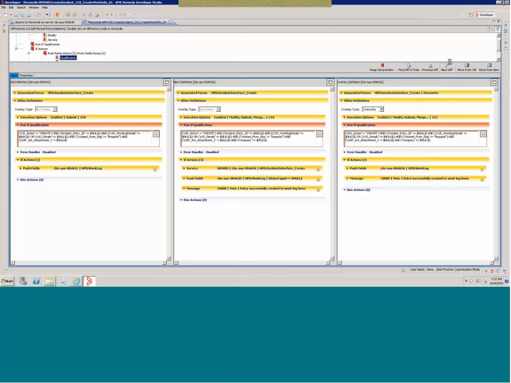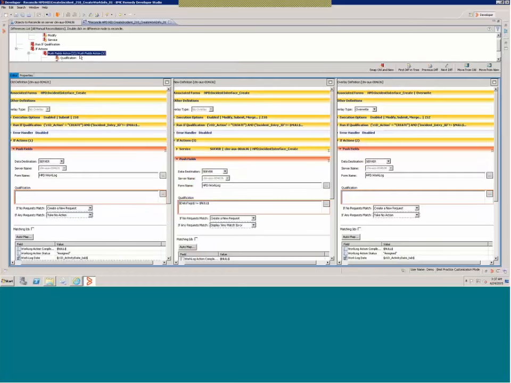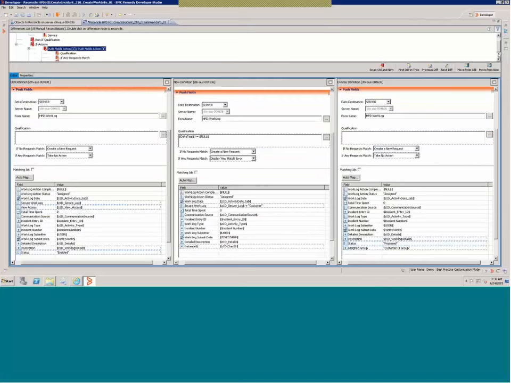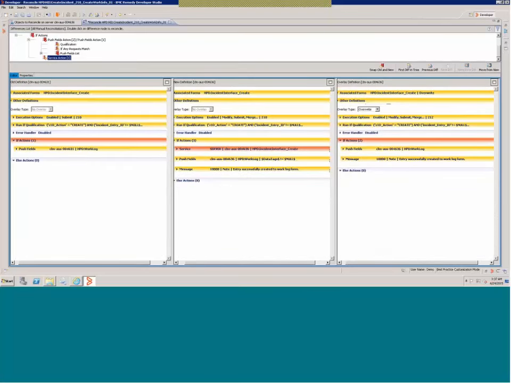Now let's look at the tricky part. Here also, as you see, the push field index has changed. And if I double click on it, there is a new service action which is added by BMC in the new definition. Here you see this set service action was not present in the old definition, so it is highlighting the if actions, and it was added at index number 1 in the if actions, and it is not present in my overlay.